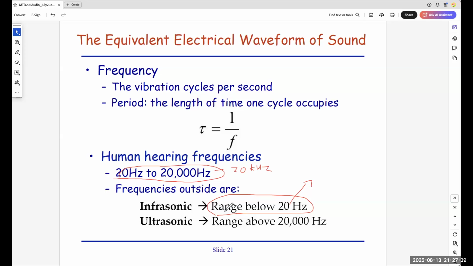Then there's another range called ultrasonic. It's above 20K. This is the range that animals like dogs, cats, and especially bats use to communicate. Bats use this ultrasonic to communicate and navigate in the dark. For example, if you go to a cave, you see in movies, or maybe you already went to a cave, you can see the bats flying around in the dark, because they are transmitting in this ultrasonic range to navigate. So this is the range for bats, cats, dogs, etc. Unless you can talk their language.